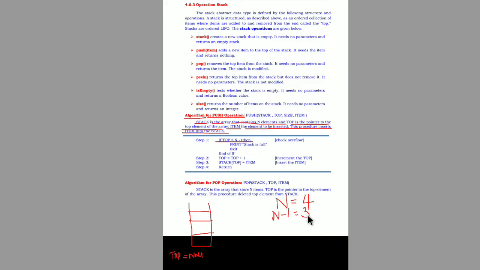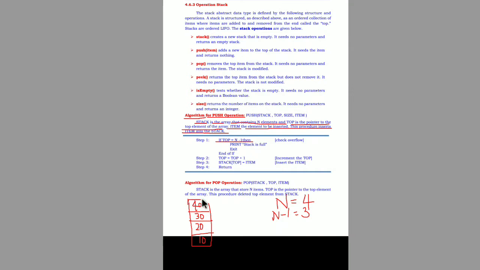If the total number of elements is 4, the maximum top value it can reach is n minus 1, that is 3. Initially, the first case is when the stack is empty, and top will be null. The second case is if the stack already has elements in it, say 10, 20, 30 and 40.